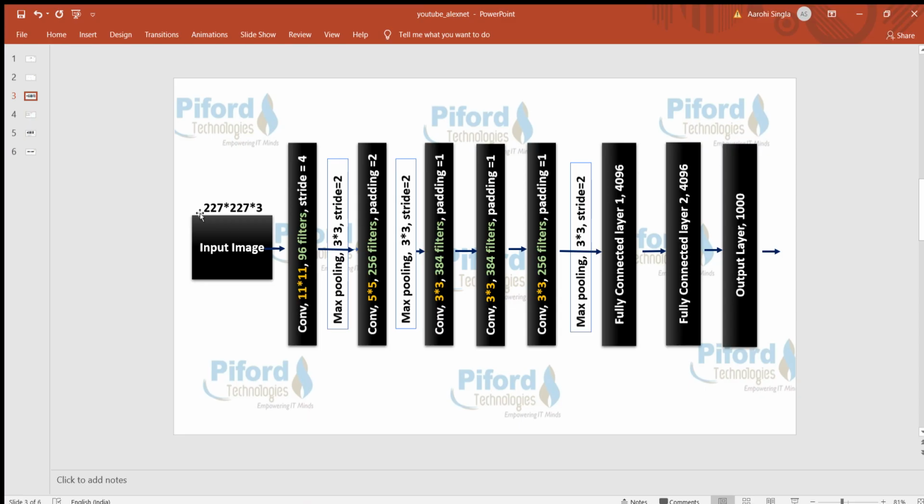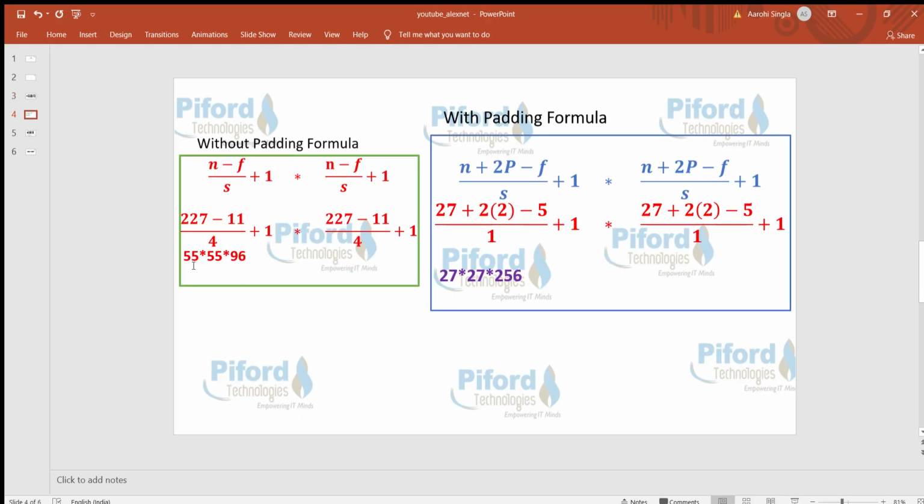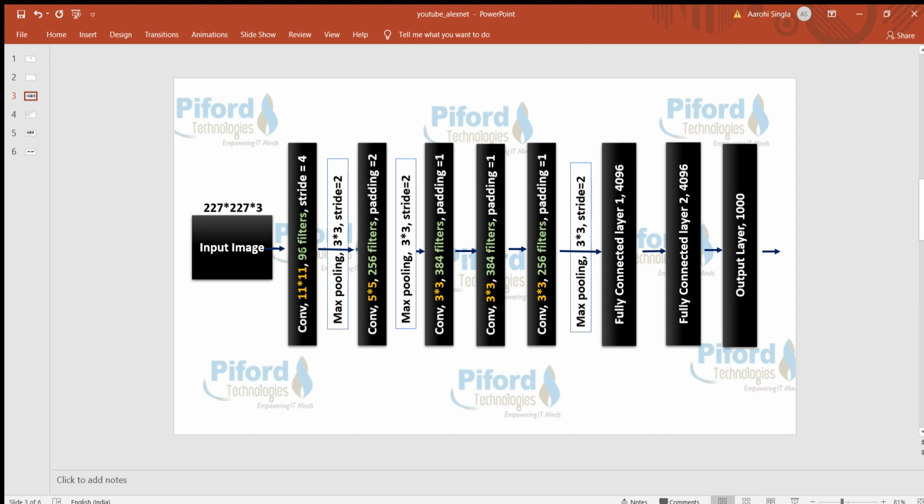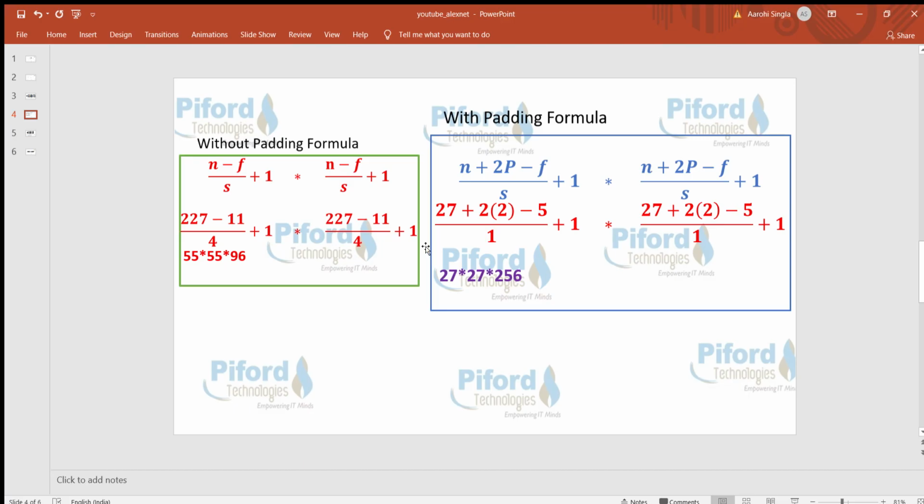The original image size is the input of this layer, but the output of this layer is 55 into 55 into 96. Why 96? Because we apply 96 filters on it. After applying this formula we got 55 into 55, and this 96 means the number of channels.